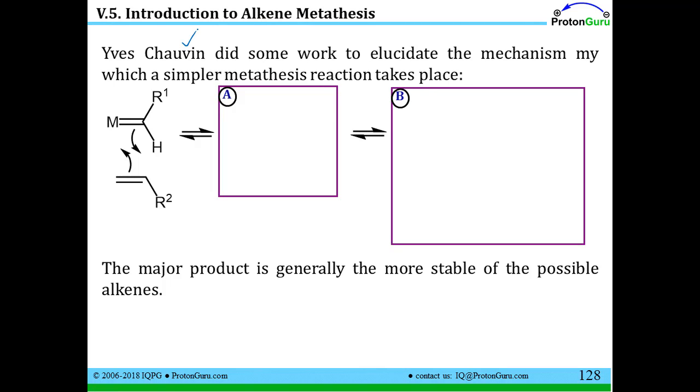He said, well, the double bond from the metal to the carbon is not super stable. What if we had a rearrangement of the electrons? So they dumped the electrons in here and here to make only single bonds. If we did that arrow pushing, we have the R1 group and the H still attached to that carbon, but we don't have the double bond from the metal to the carbon anymore. We have these two single bonds like this, and then we have this R2 group here, without worrying about the stereochemistry for now. Now, if this happens in a reversible fashion, so I can break this four-membered ring back apart,